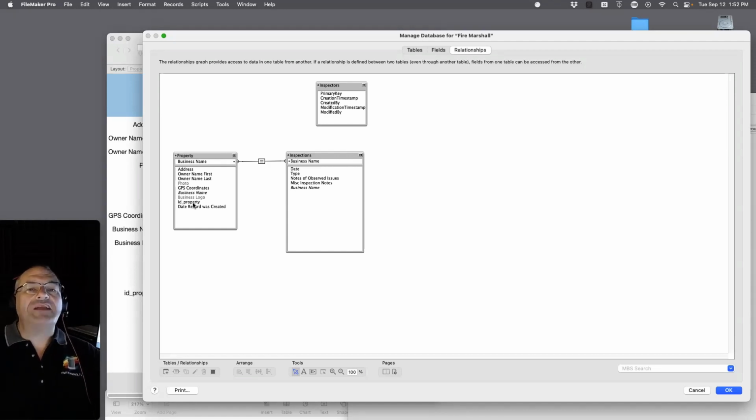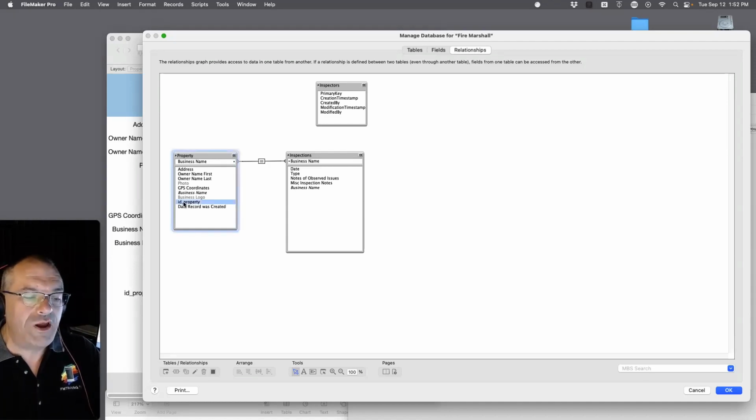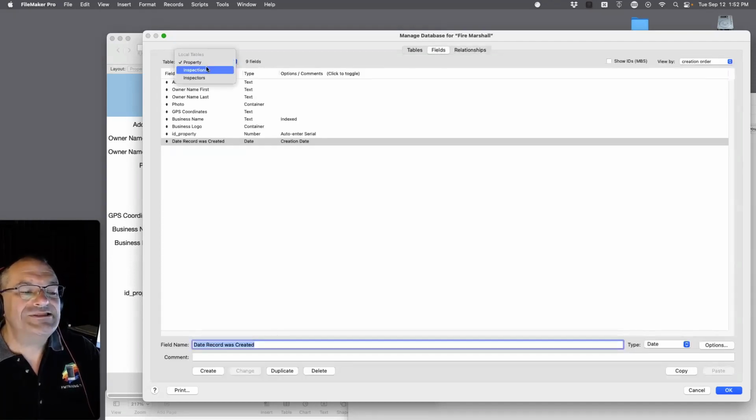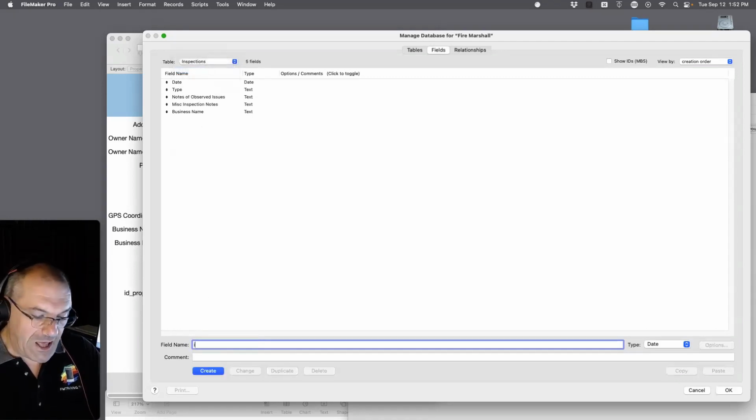And in order to activate, you have to have the matching value. That was the business name. We're going to change that to be the primary key. So I have the ID property right here. I need something over here that's the ID property. What I'm going to do is come over to Fields. I'm going to go to Inspections. I'm going to say ID underscore